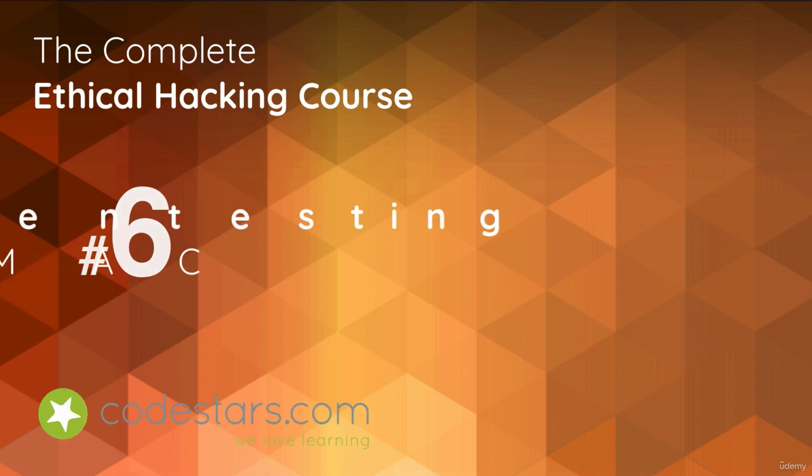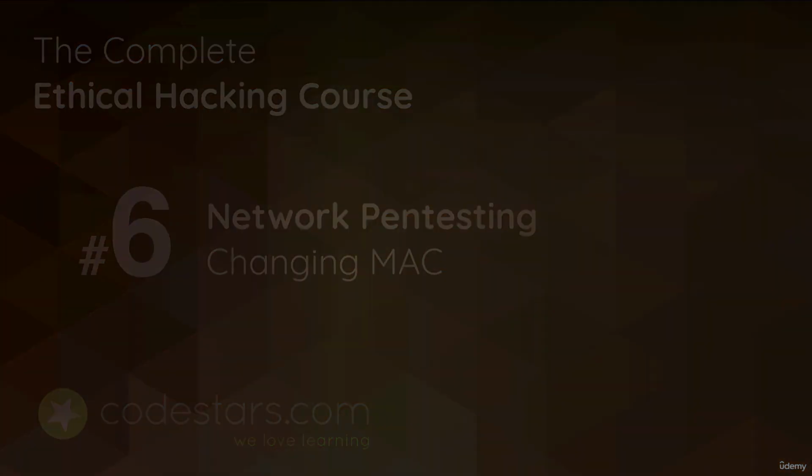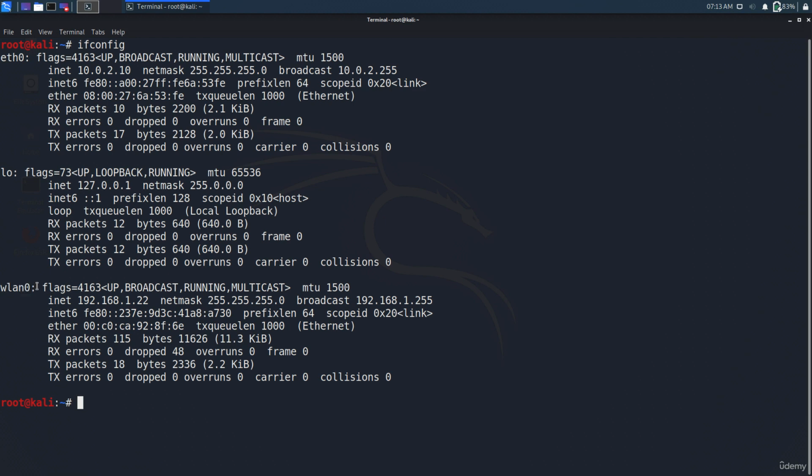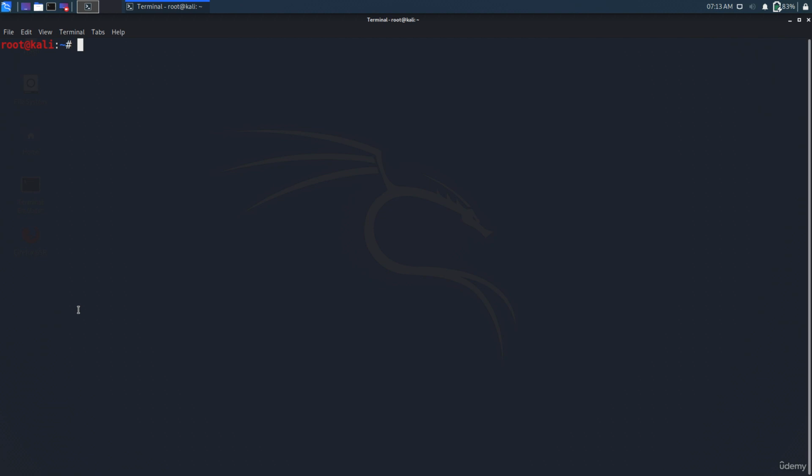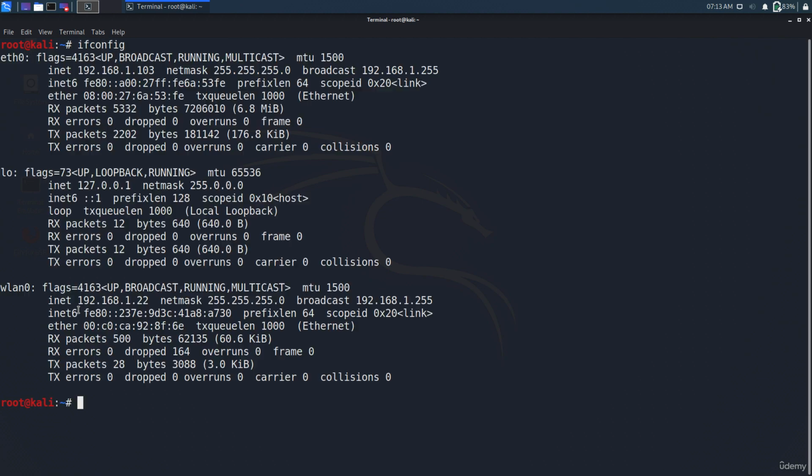Hi, within this lecture, we're gonna see what a MAC address is, and also we're gonna talk about how to change it and why do we need to change it at all. So I'm in my Kali Linux, and MAC is spelled like this, okay, MAC. It stands for Media Access Control, and it's actually a number that has been assigned by the producer of the specific device. So if I run ifconfig, I see that I have the iNAT over here in the ETH0,